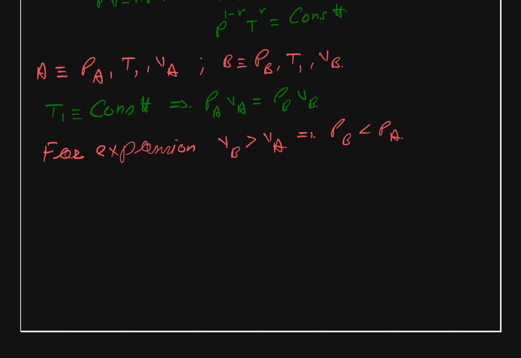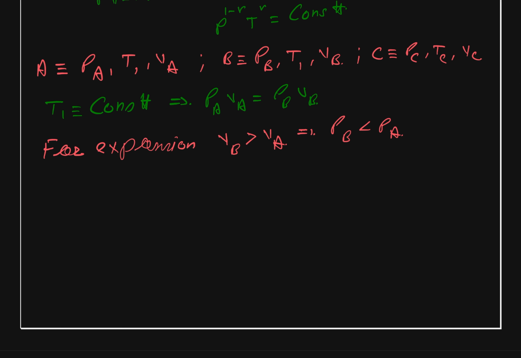Okay, and for point C, let us write this as our PC, TC and VC, and our AC is adiabatic, so we can write PA VA raised to power gamma is equal to PC VC raised to power gamma, or in terms of temperature we can write this as TA VA gamma minus 1 is equal to TC VC gamma minus 1,